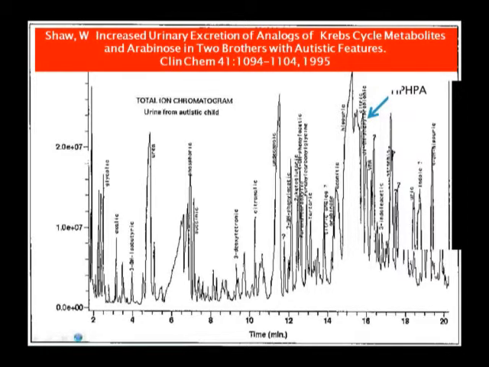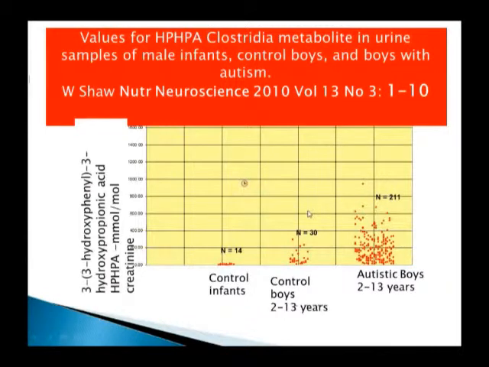When they did further evidence and further research, this particular slide is very similar, if you've seen my presentations before on yeast, is that in groupings of autistic individuals, they generally have higher levels of candida toxin, arabinose, compared to control kids of either the same age or younger. Now, a lot of people have arabinose. It just is that the autistic kids tend to have much higher levels of arabinose associated with yeast.